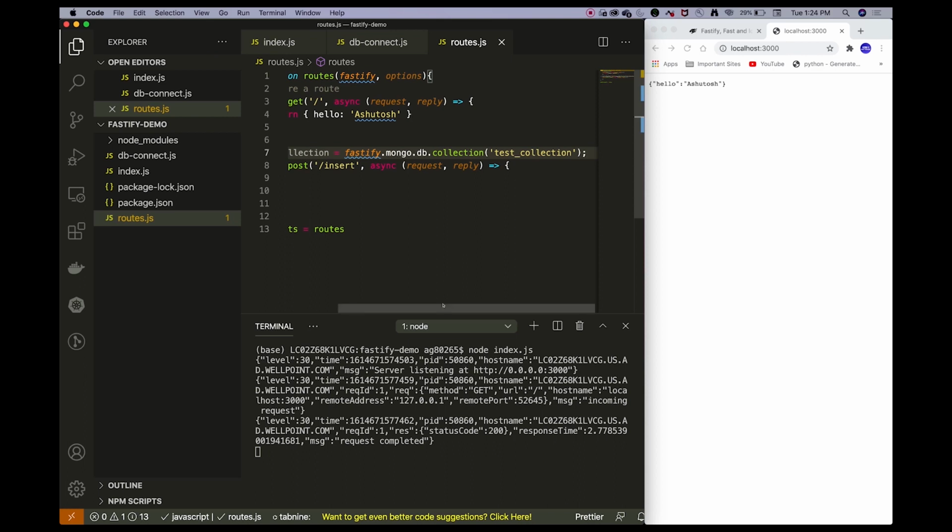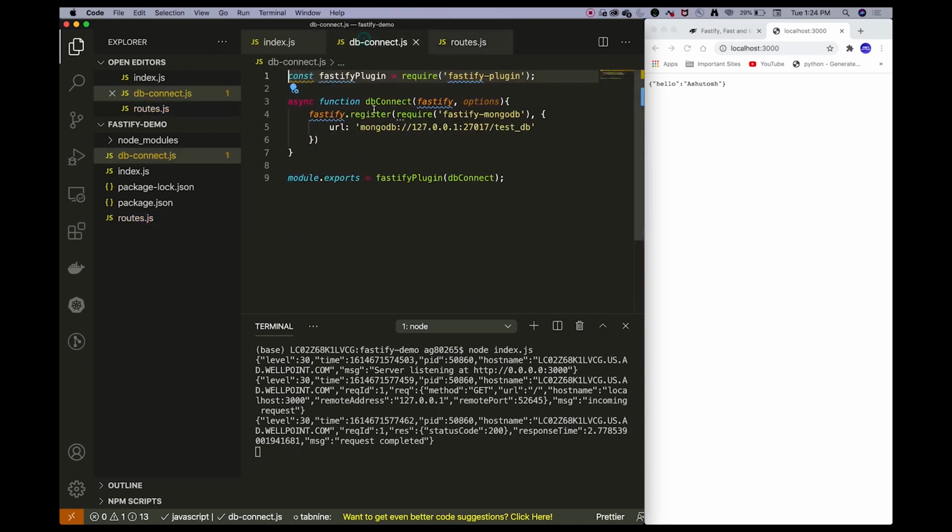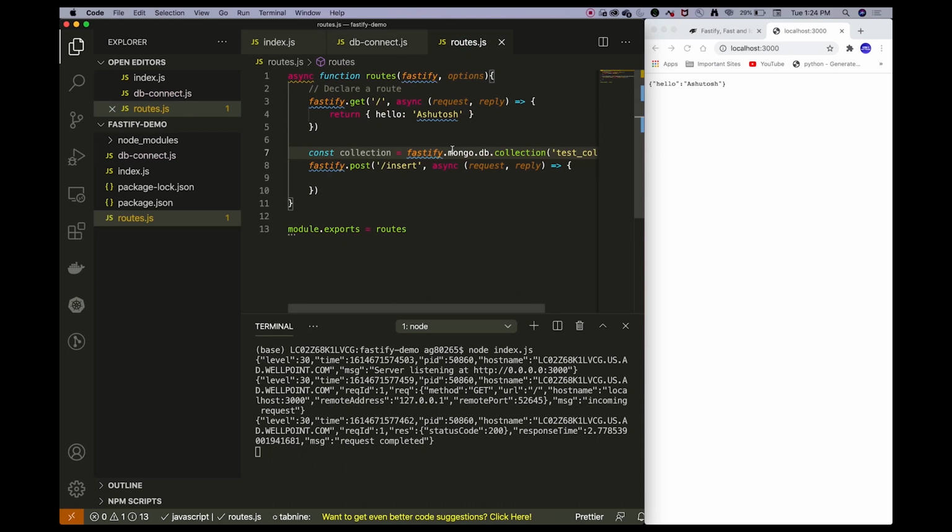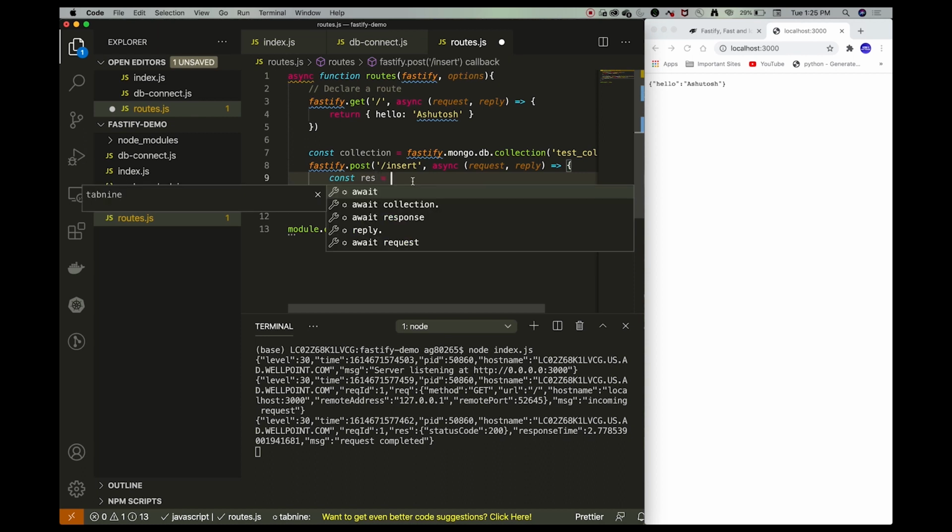So now you can understand why we have wrapped this dbconnect with Fastify plugin. If we do not wrap it with Fastify plugin, then we won't be able to access this mongo or this db or collection objects from Fastify. That is why Fastify plugin is very important. And now, since we have created an instance of our collection, we will insert our data.